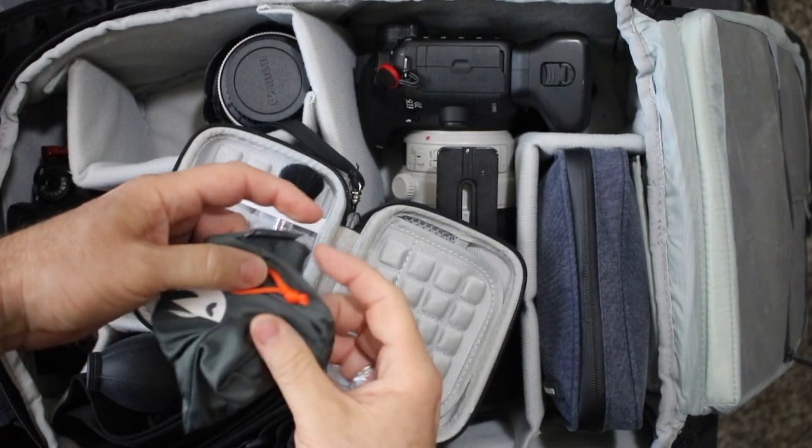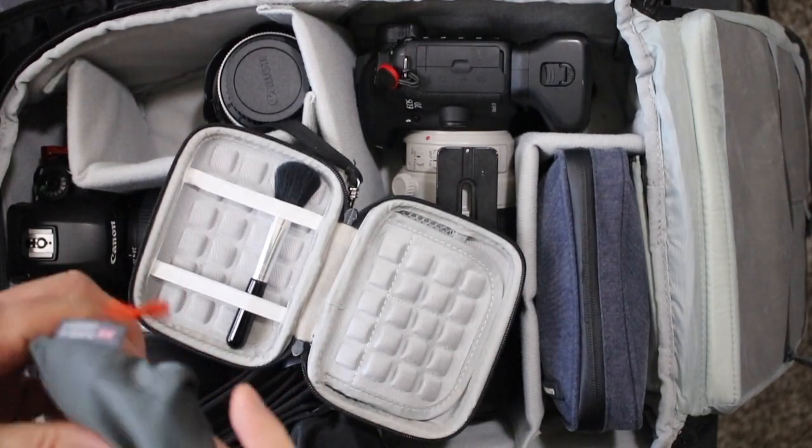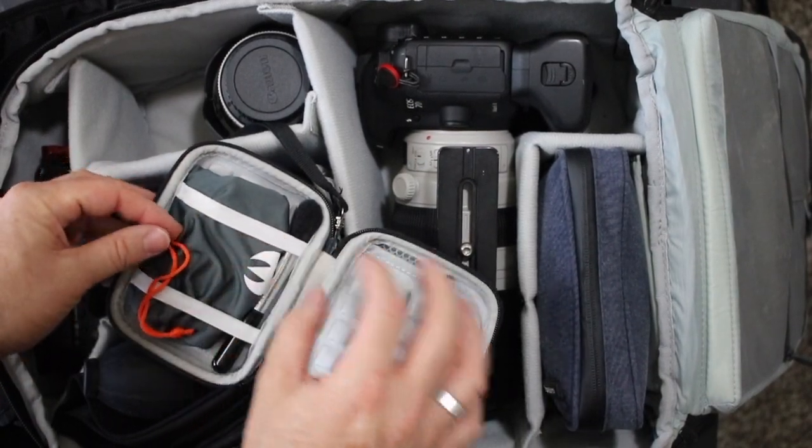But this little bag here, if you use any other companies, L brackets, or any type of companies that give you these little bags, these are great little storage units for you for tools and necessities that you might need out on